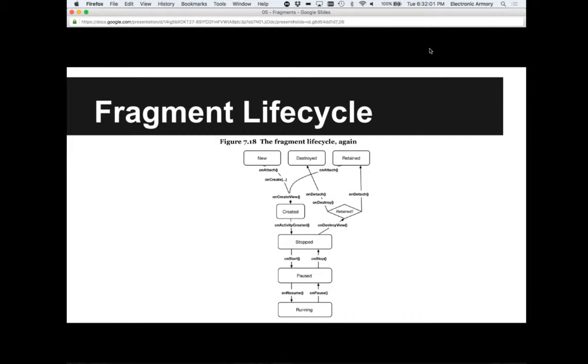It goes right into the created state, and then from there we have the stop state, we have the pause state, we have the running state, that sort of thing. And it has its own callbacks for those different states: onStart, onResume, onPause, onStop, back to the stop state. And then finally, going from the stop state up to the upper right-hand corner, we have this kind of conditional